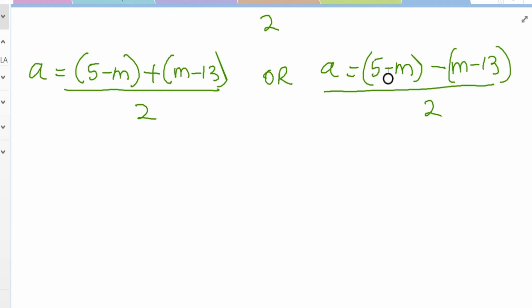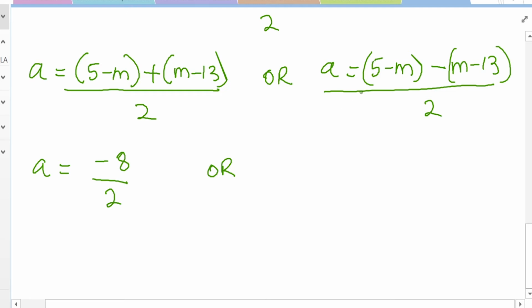Of course, from here, we simplify what is in the numerator. This a is going to be equal to 5 minus 13. What do we have as 5 minus 13? We have negative 8. Of course, this negative m and that negative will cancel, so we have negative 8 over 2. That is, here a is equal to